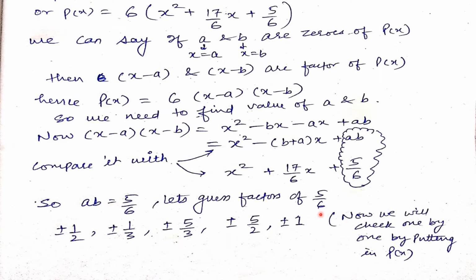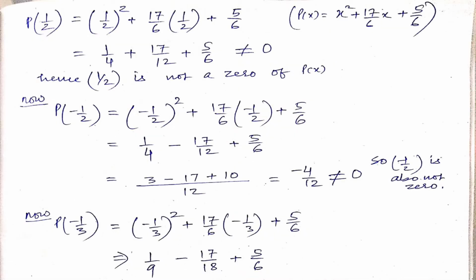Now, we need to check one by one starting from this number till this one until we get the zero of our polynomial. So, it is a lengthy process if you don't get the starting values as your answer. So, let's see what happens. It looks tough in the starting, but as soon as you get the concept, it is very easy.